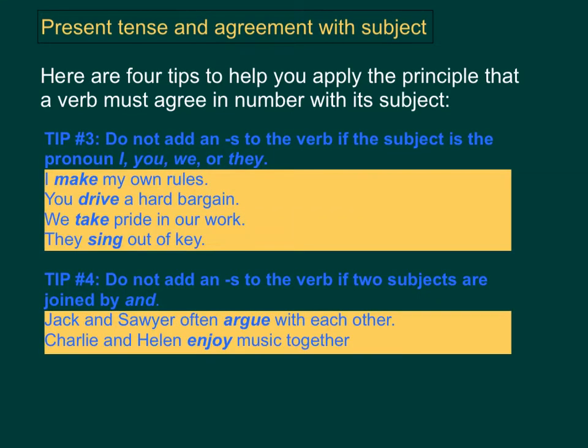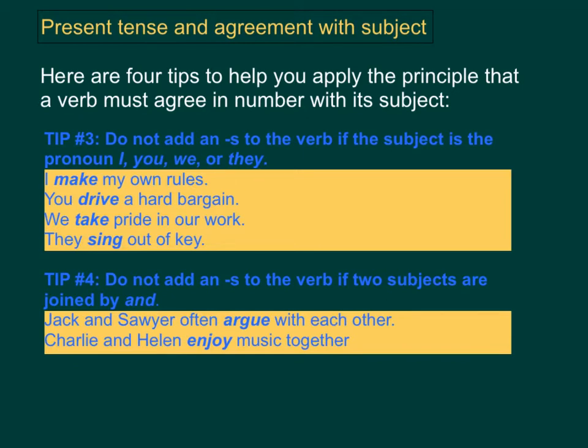Tip 3. Do not add an s to the verb if the subject is the pronoun I, you, we, or they. 當我哋嘅 subject 係 I, you, we 或者 they 呢4個 pronoun 其中一個嘅時候，我哋就唔需要喺個動詞後面加 s 啦。睇睇例子。I make my own rules。我哋見到代名詞 I 後面嘅 verb make 係冇加 s 嘅。再睇下一個例子，You drive a hard bargain。我哋見到代名詞 you 後面嘅動詞 drive 亦都係唔需要加 s 嘅。所以大家記得喺代名詞 I、you、we 同埋 they 後面嘅動詞就唔需要加 s 啦。